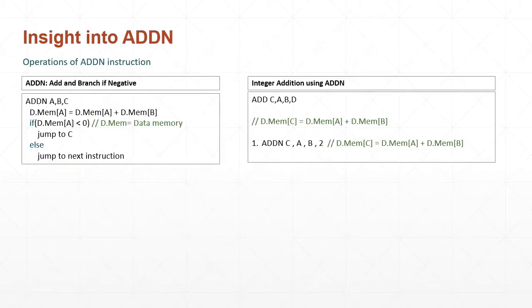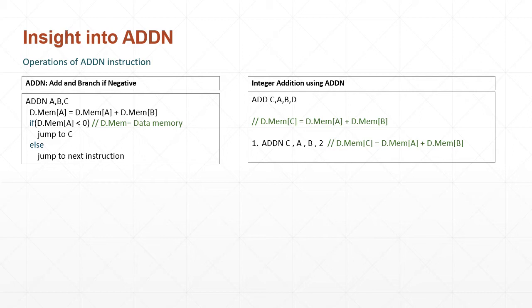Now, let us take a look into the details of the addleq instruction. As we can see, the original addleq instruction comprises 3 operands A, B and C. First, we will add the values in address locations A and B and store the result in address location A. And then we will check whether the value stored in address location A is less than 0 or not. If it is less than 0, the program pointer will jump to address location C, or else it will jump